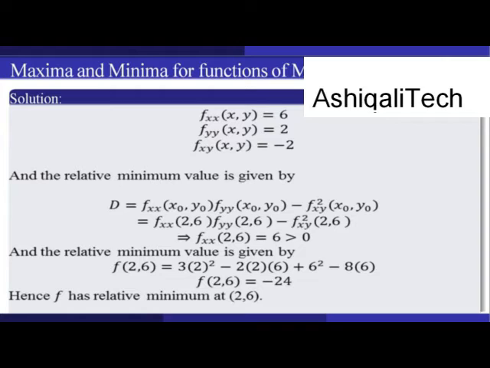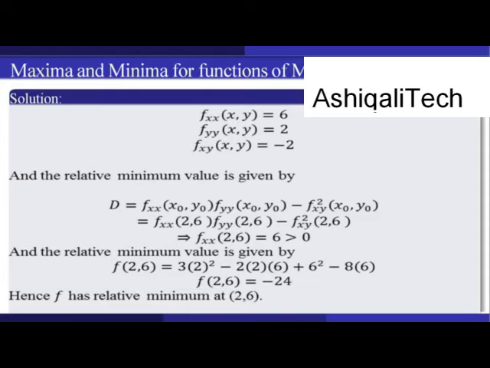So our point is (2, 6). Putting the values x naught is equal to 2 and y naught is equal to 6, we get fxx at (2, 6) times fyy at (2, 6) minus fxy squared at the point (2, 6). So we get the value 8, which is greater than 0,